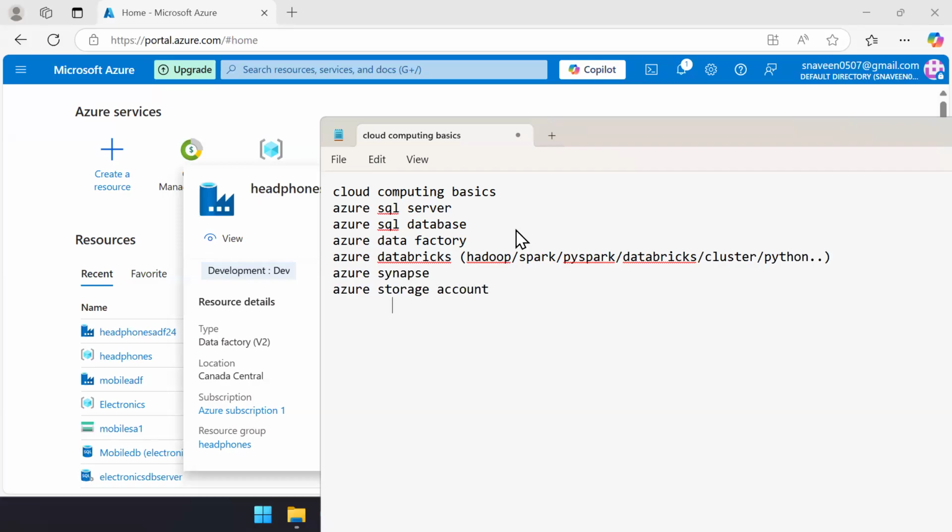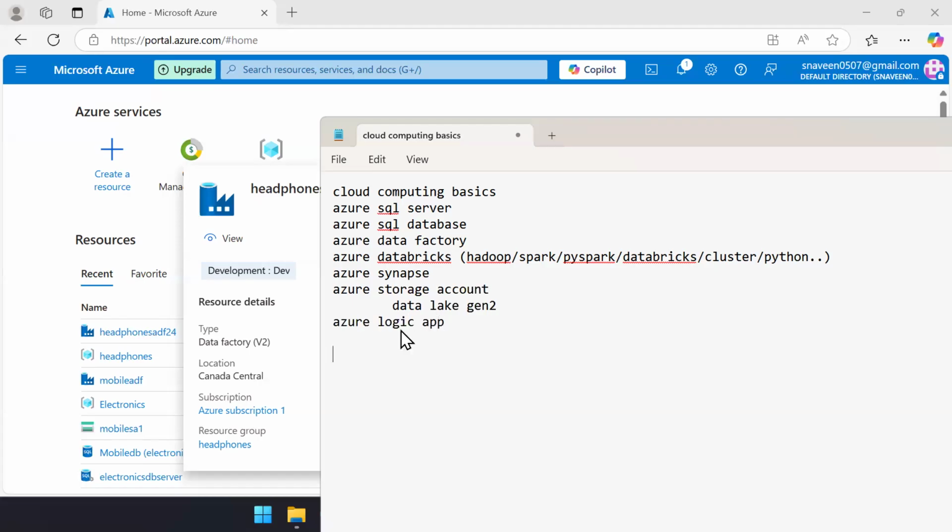And in Azure Storage Account, we'll be covering Data Lake Gen 2, right? There is a blob storage also, guys. We are not going to cover blob because it's pretty old in nature. Data Lake Gen 2 is the latest one we currently have in the market from the storage account. Along with that, we'll also go through Azure Logic App.